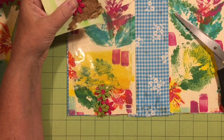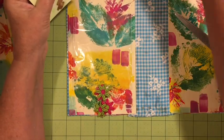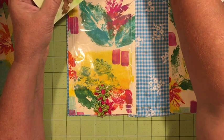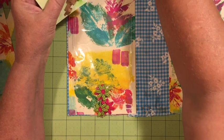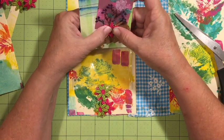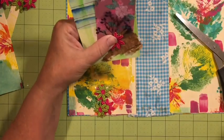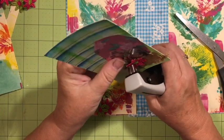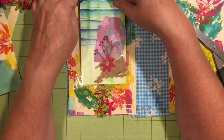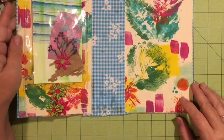Let's see, what else do I have? Things that have flowers. All the colors. Ooh, I like that. Very bright. Okay, I've stapled all those things down, so I'm going to put that in there. That doesn't mean that it has to stay living there. Okay, and then